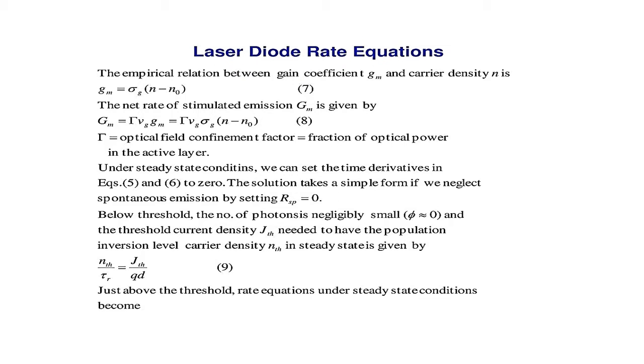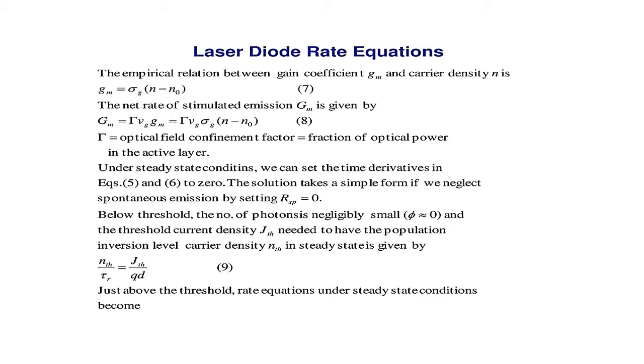Next is the empirical relation between the gain coefficient G and carrier density N: G is equal to τG into (N − N0). So the net rate of stimulated emission Gm is given by Gm = Γ Vg G, that is equal to Γ Vg τG (N − N0), where Γ is the optical field confinement factor,